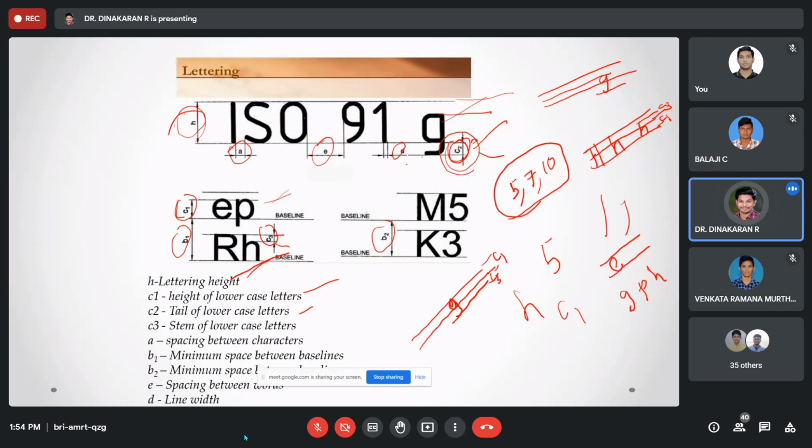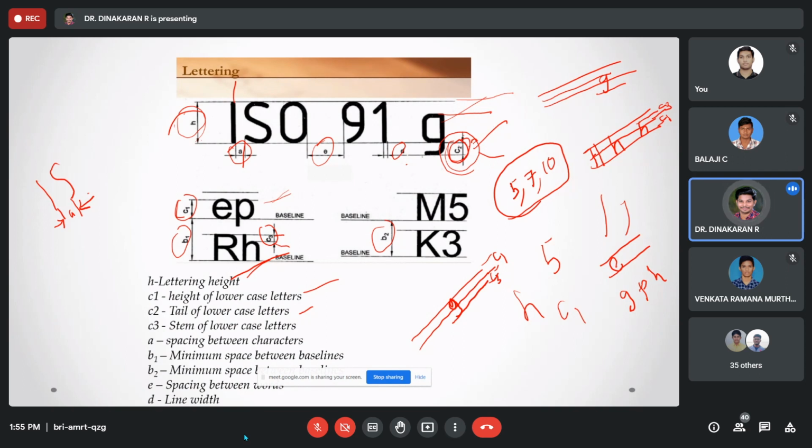Then after that, the spacing between characters, that is between two characters. You see, this is what I wrote, and in between is the space. This is the ending point of I, and the starting point of the next letter; the difference is A. This is the spacing between characters: the ending point of the first letter and the starting point of the next letter will be the character space.